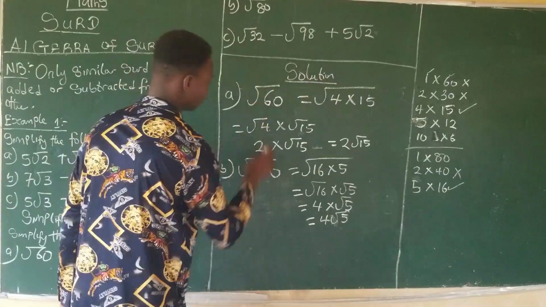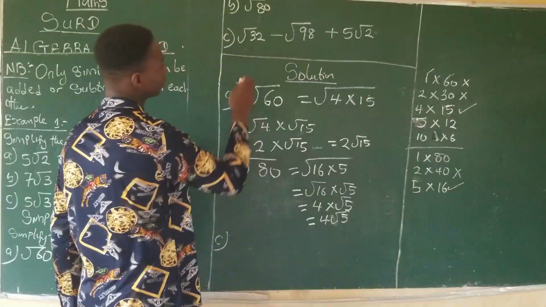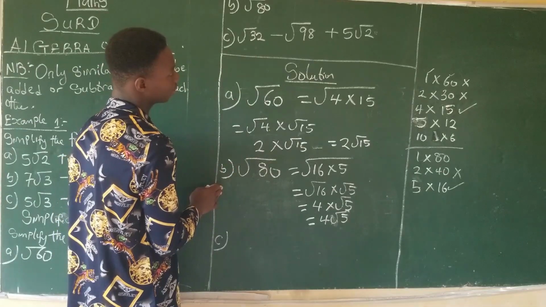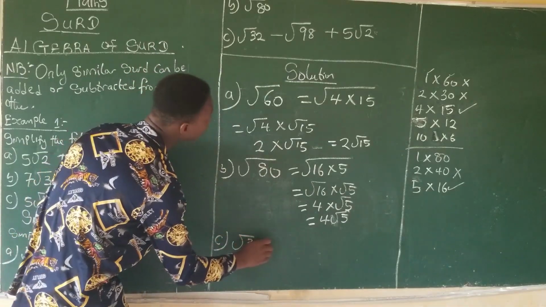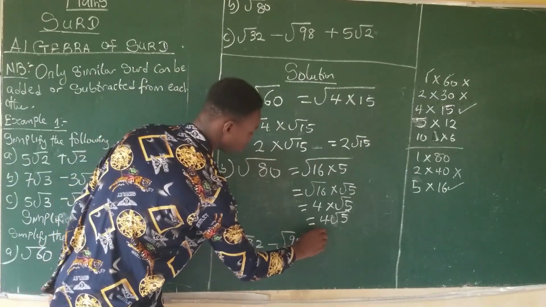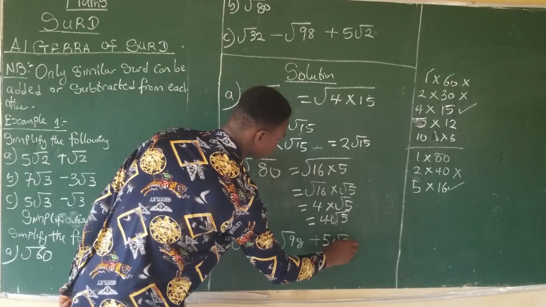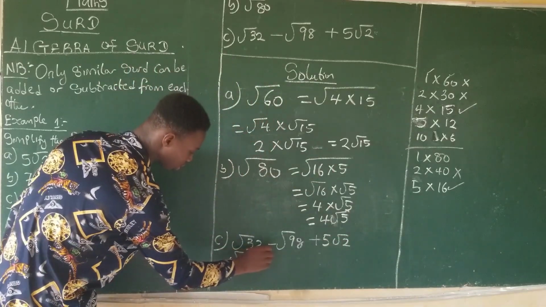Now, for the last part of it, we have the C. And the C says simplify root 32 minus root 98 plus 5 root 2. So we look for a perfect replacement for this from here. It becomes